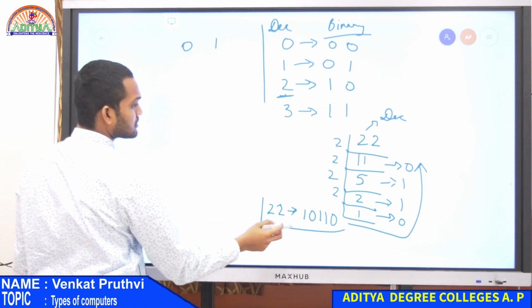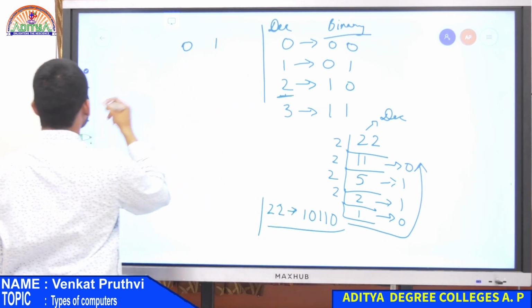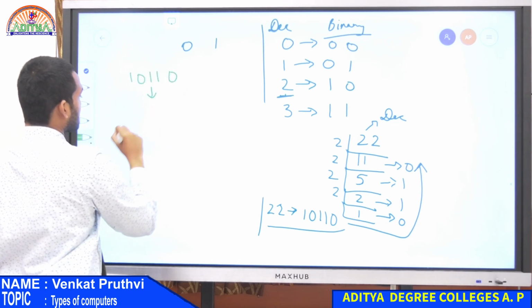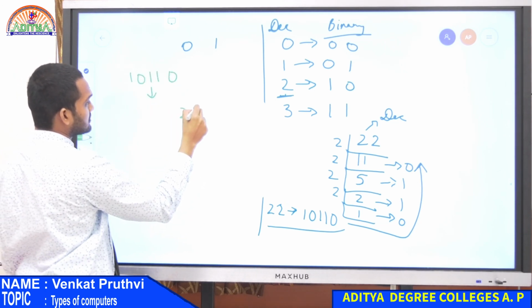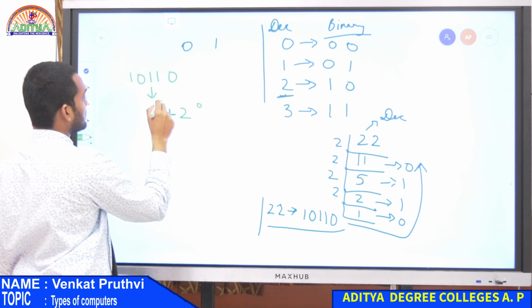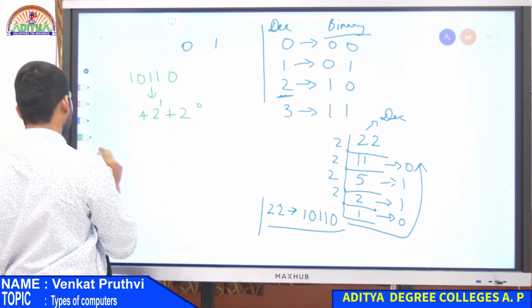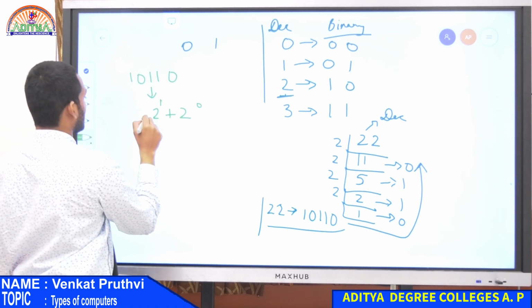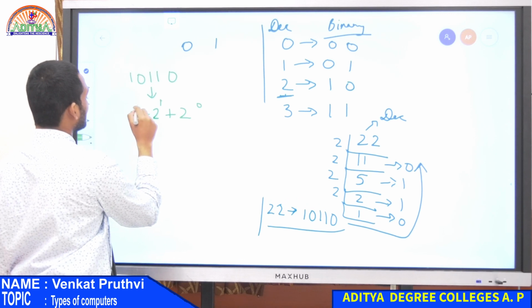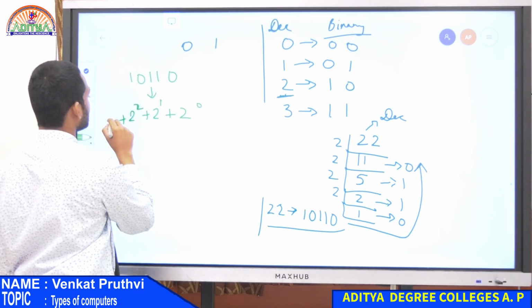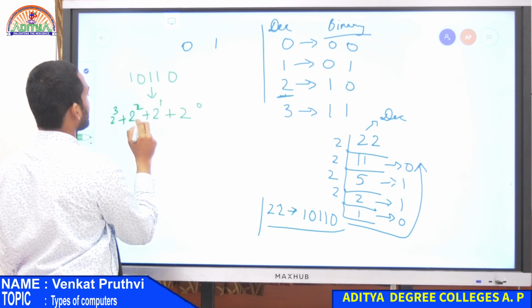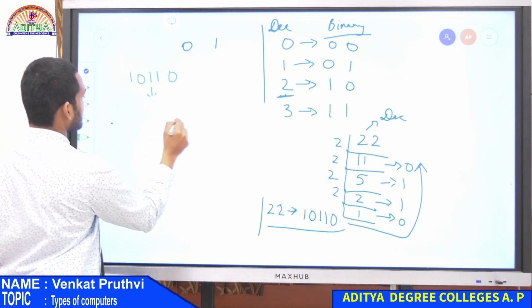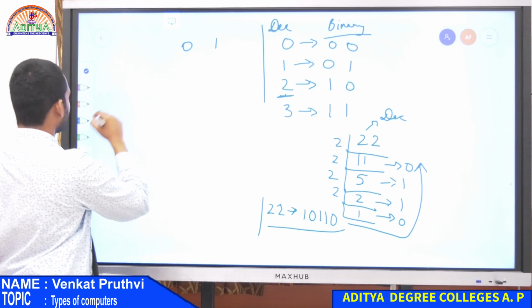Okay, the number is 10110, right? Now, what will this be like? 2 power 0 plus 2 power 1 plus 2 power 2 plus 2 power 3, sorry, just a minute. We have the number like